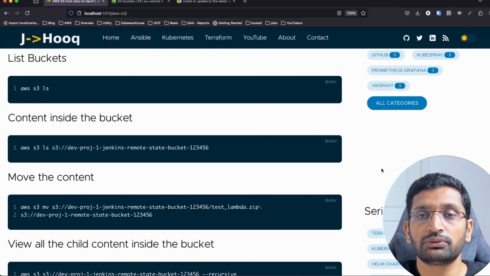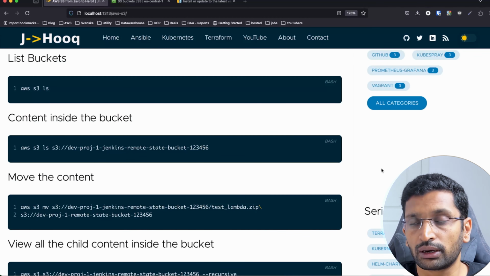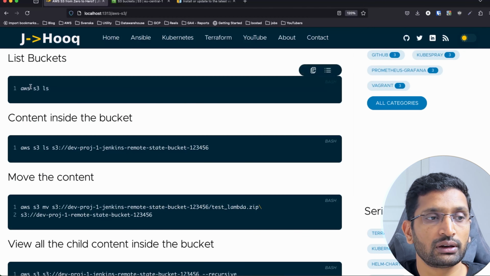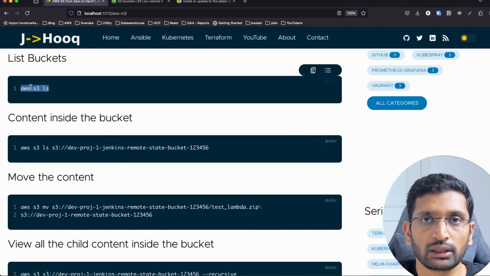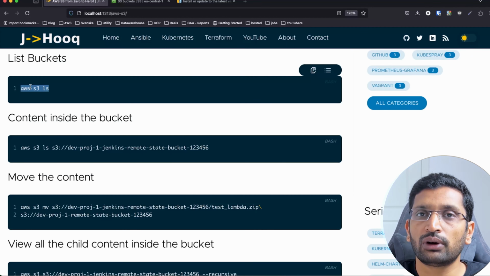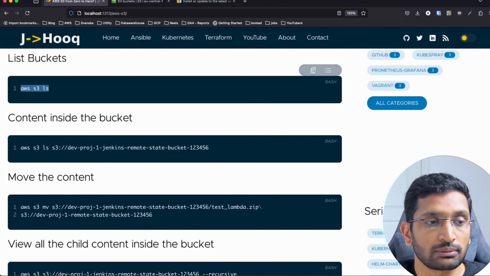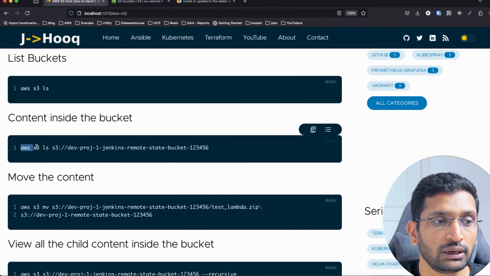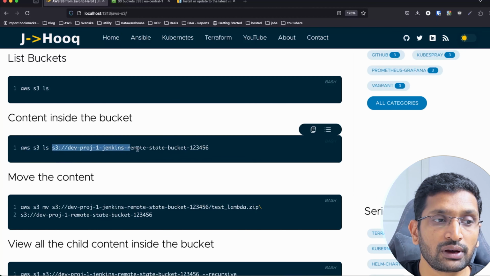Alright, the next command which we are going to take a look at is how to view the content present within the bucket. The previous command, AWS S3 ls, was only listing the number of buckets present in my AWS account in that region. Now I would like to view the content or the objects present within my specific S3 bucket. And the command is really simple. So here the command starts with AWS S3 ls for listing, and after that you need to specify this URL,